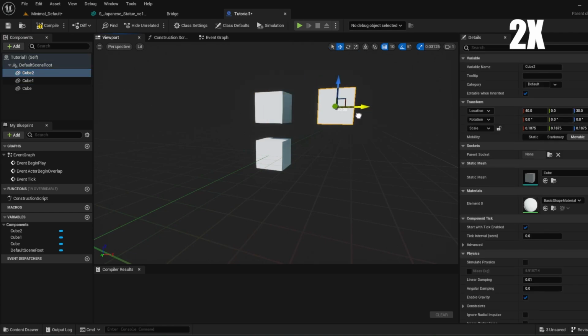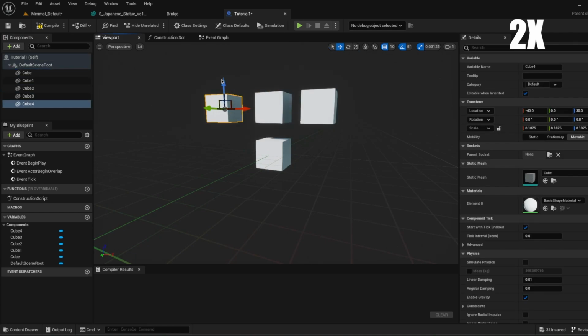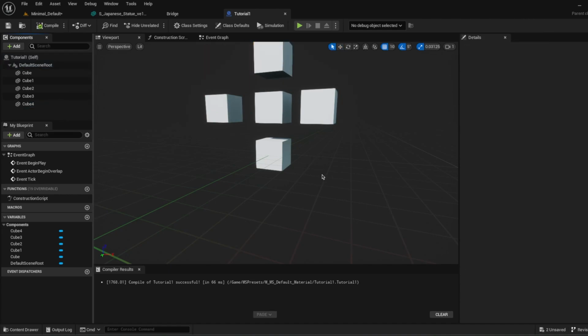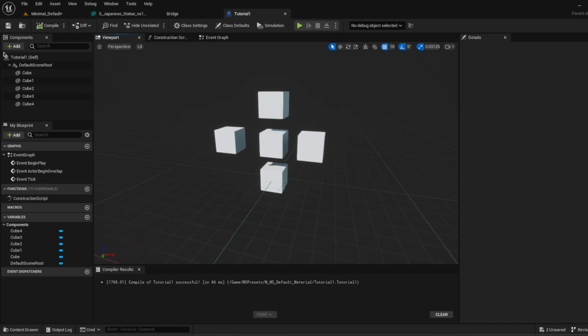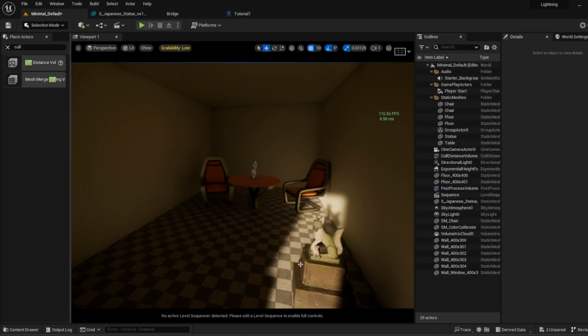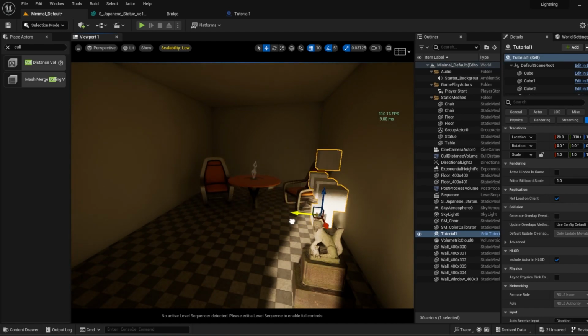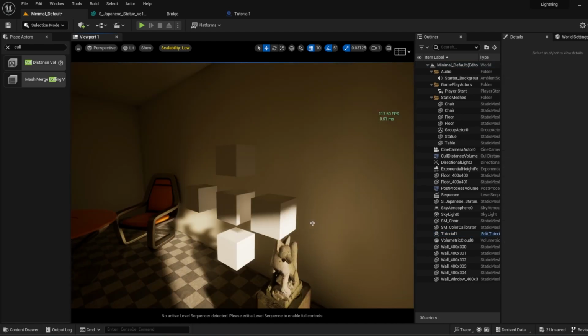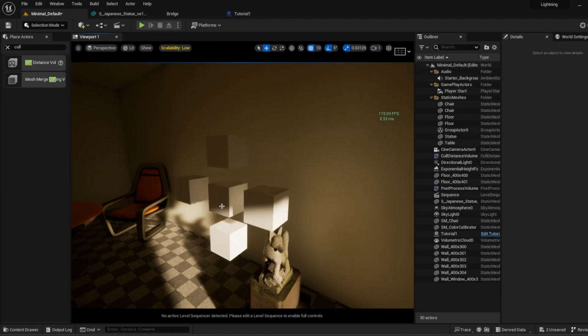Here. One more cube. So I made something like that. What we have in here, we have 5 different cubes in the same blueprint. When I put this into the scene, as a draw call behavior, it will try to render all of those separately, even though they're the same object using the same material. They're still using the same material, which is good, but if this is not going to move and if we want to have a better performance for that, what we can do, so what I'm going to do,